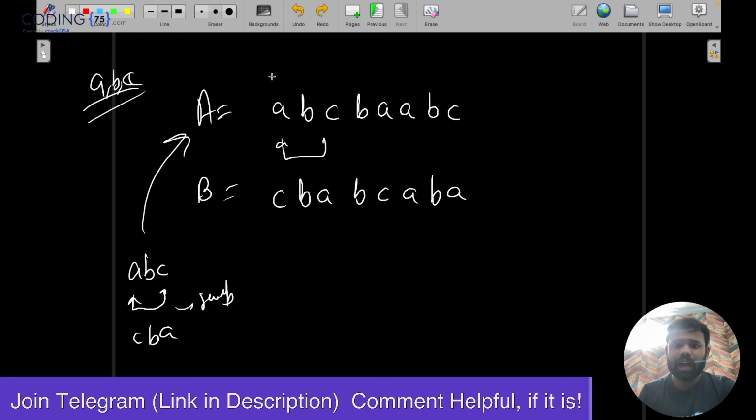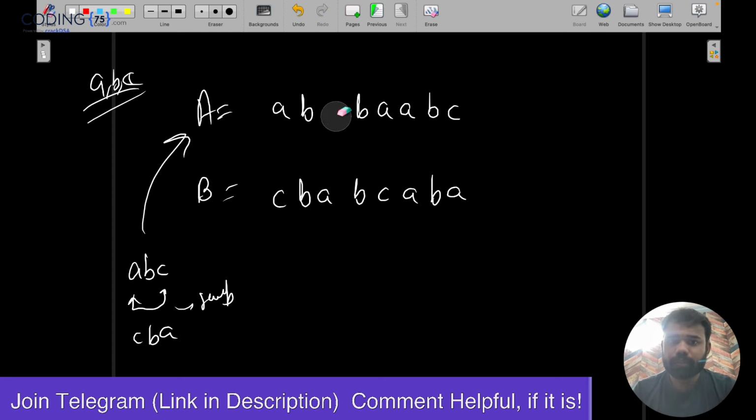For example, if here let's say a happened and here b happened, now it's never possible because you can never change the position of b. So if at a point b's are not at the same position, it means the answer is never possible. So b should always be at the same position. A's and c we can swap, but then also we cannot do it in some cases.